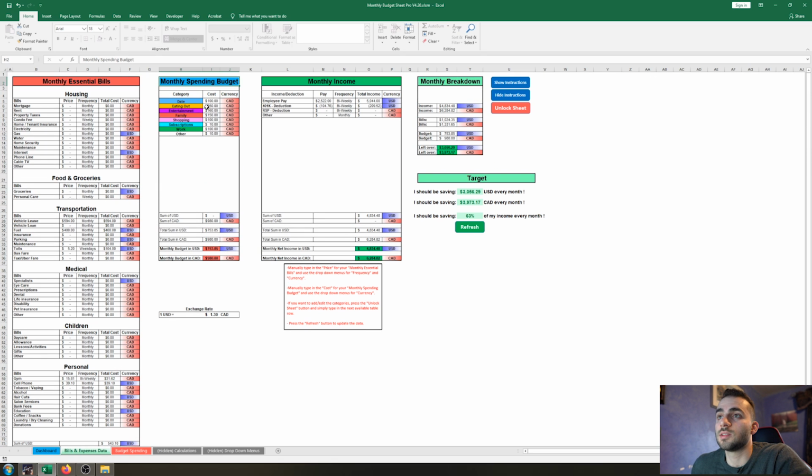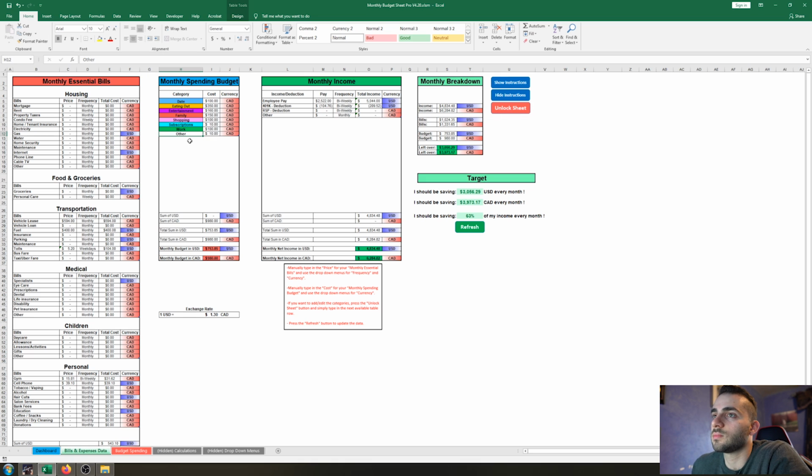The next column is your custom budget spending. These categories can be changed, and in order to do that, you would just press unlock sheet. Now the sheet is unlocked. You can edit wherever, but you can't change those formulas. I gotta fix that. So yeah, you would press the unlock sheet, and now you can add whatever categories you